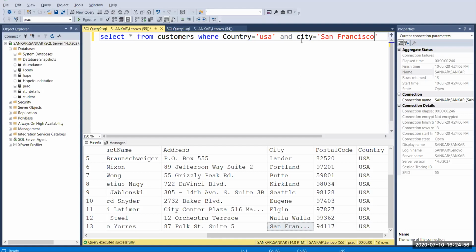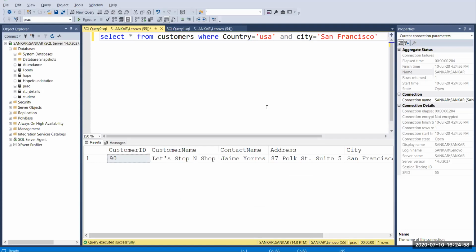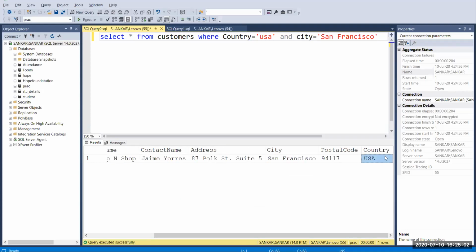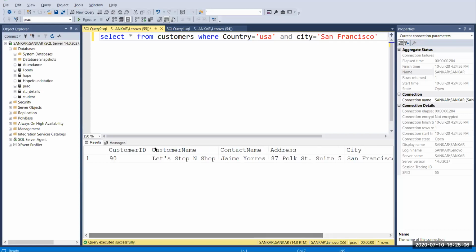So I'm going to run this. So there is only one customer from San Francisco and also USA. The customer name is Let's Stop and Shop. That is the customer name. And this is the purpose of AND. AND is used for printing the result when both conditions are true.